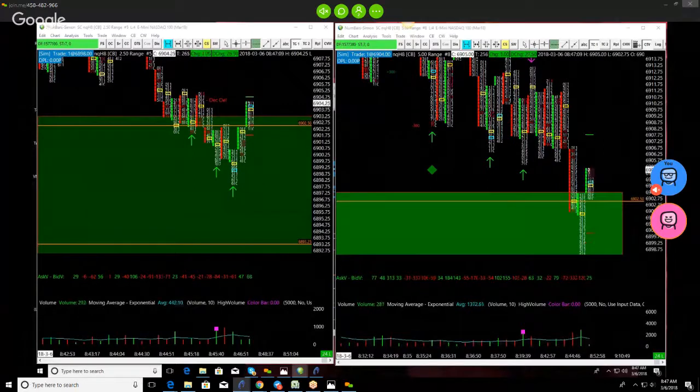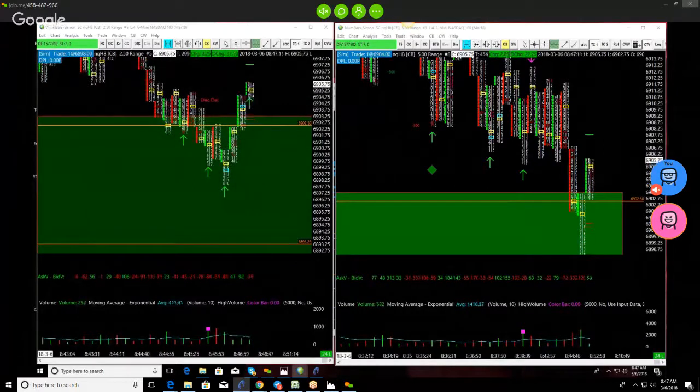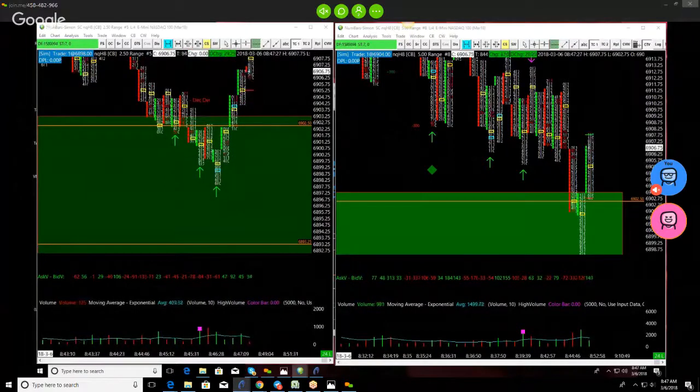size-wise. Okay, so as soon as that point of control closes above, I'm long now. I'm going to take that at 6905.75. I'll add if we press back against 6902. Nothing's perfect, and I have a stop at the low of the day. So 6902.50 I'll add, and I want it to hold above the low of the day. So I took a long at 6905.